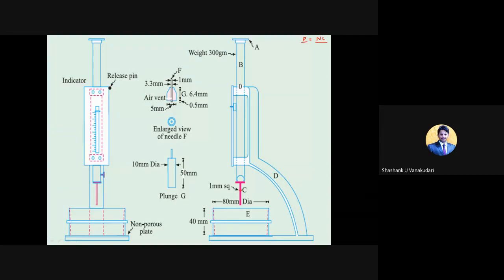By taking this value, it will be helpful while finding out the initial setting time. And then even the soundness test and compressive strength test. So by conducting this test, this value we can use in other tests also. You need to know this part very carefully. First, we need to find out the value of P, that is, we'll conduct the normal consistency test, and the same thing will be useful in other tests also.